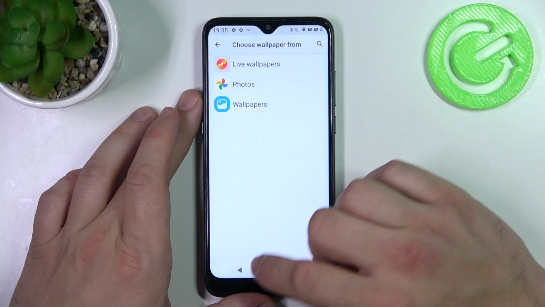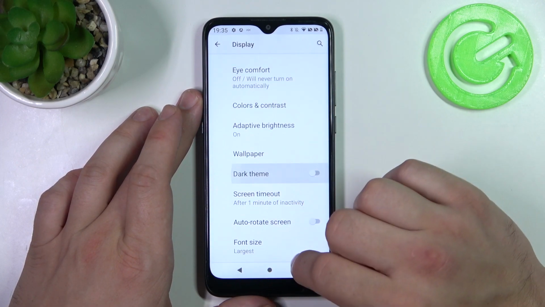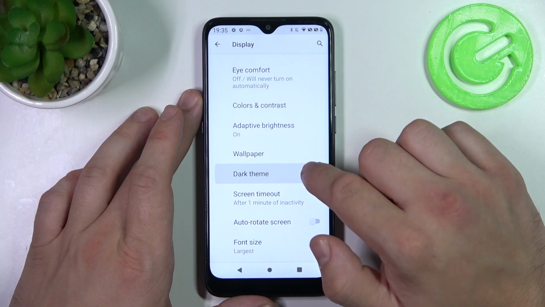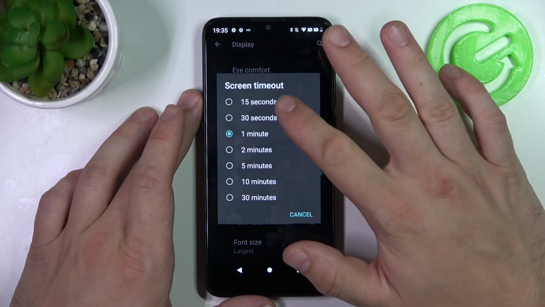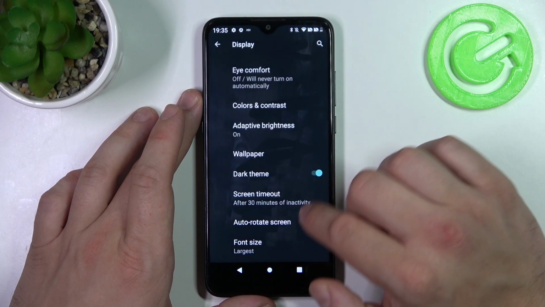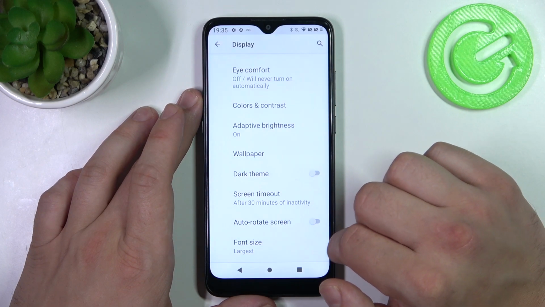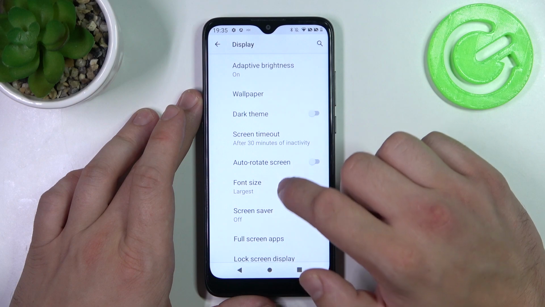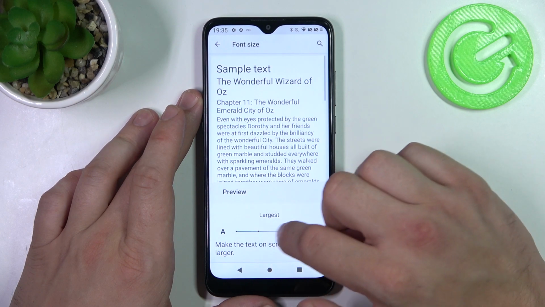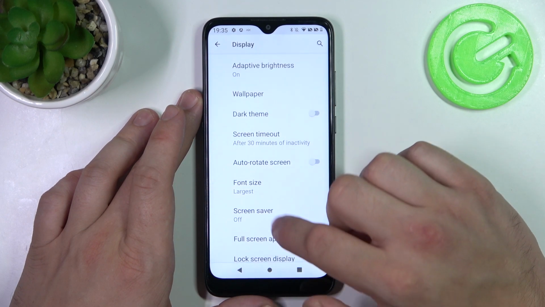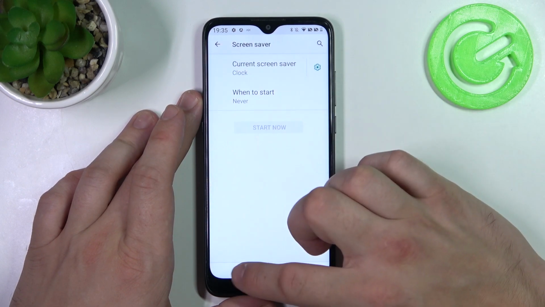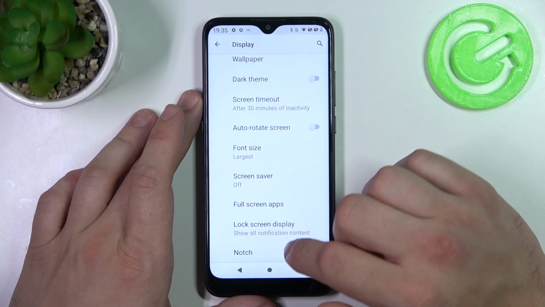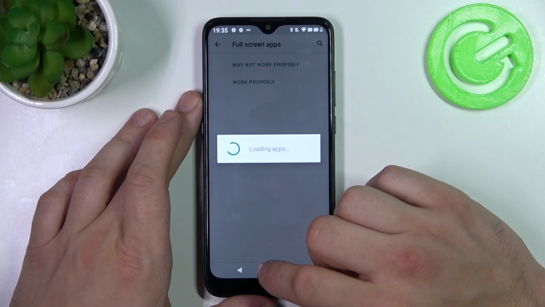Then we can change wallpaper, enable dark theme, change screen timeout between 15 seconds and 30 minutes, enable auto rotate screen, change font size, set screensaver, enable full screen mode for apps,